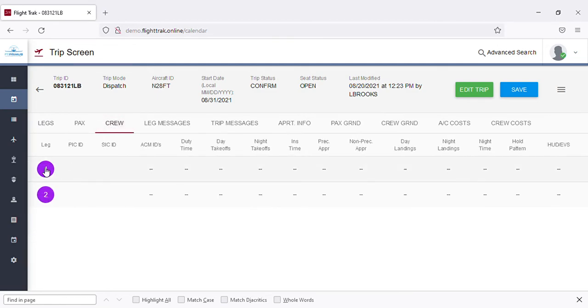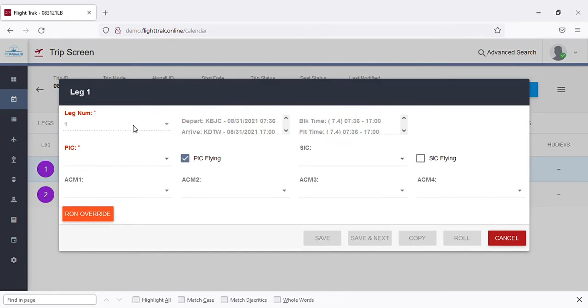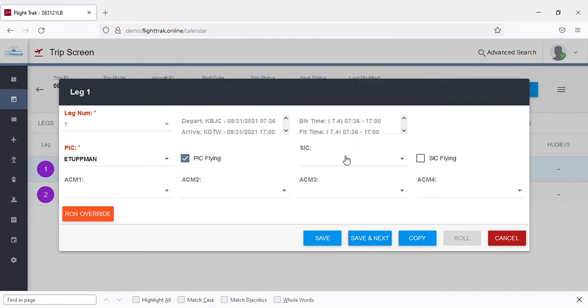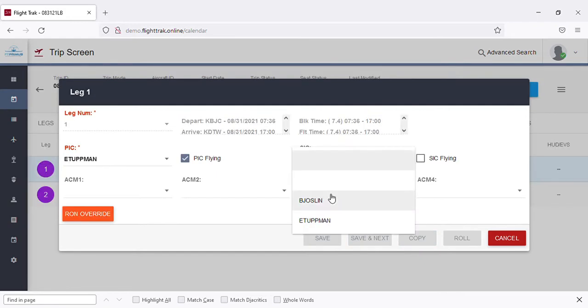All right, crew. So you're going to crew your trip. You've got leg number 1. You're going to put in your PIC. And then also it gives you a warning for any deficiencies, anything that's overdue, anything that relates to the crew's flying currencies or flying information. And then your SIC,